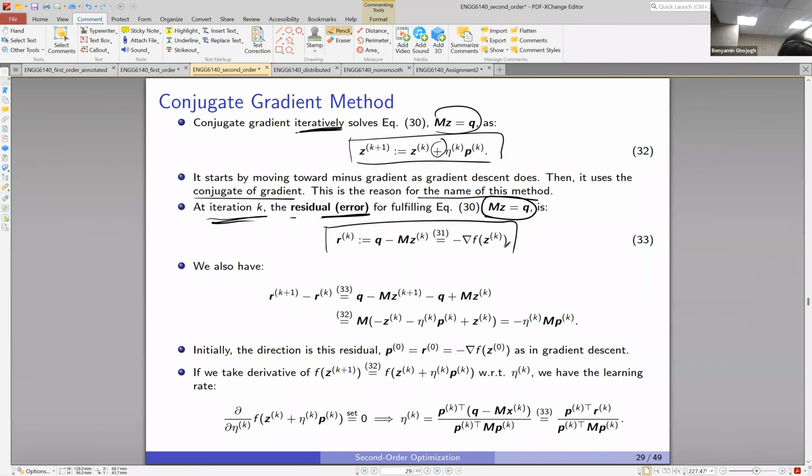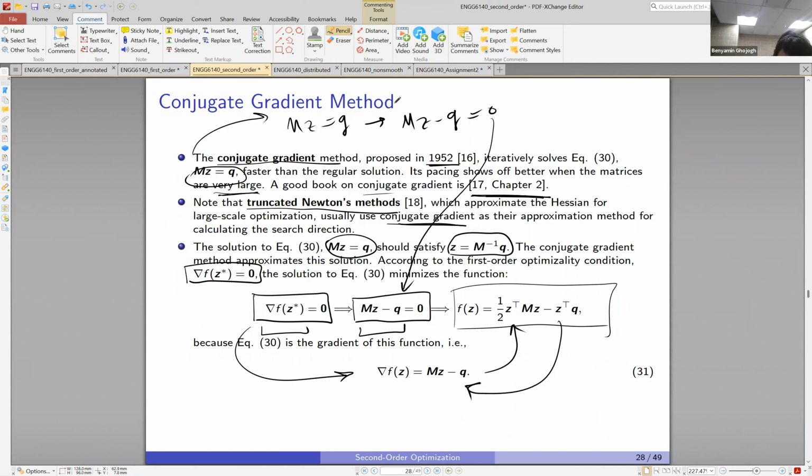So what is this? We say that we want mz minus q to be 0, right? Here, I wrote it here. You can also write it as q minus mz to be 0, right? So you want this to be 0, but as it is approximating that, and it's doing it iteratively until convergence,